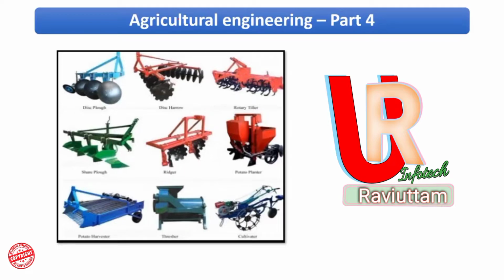So friends, as part of this particular chapter, we saw four previous lectures. In one of the lectures, we dealt with tractors separately. We saw the types of it and its applications. Then in the other parts, we started off with understanding the basics of agricultural engineering. We came across certain terms like what is horsepower, indicated horsepower, brake horsepower, frictional horsepower, right? We also saw what is PTO, right?